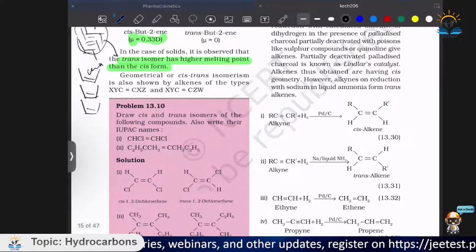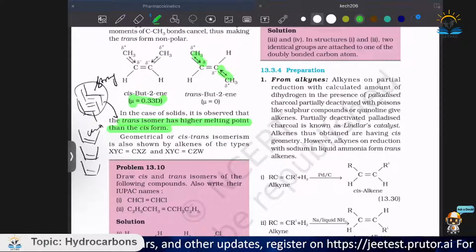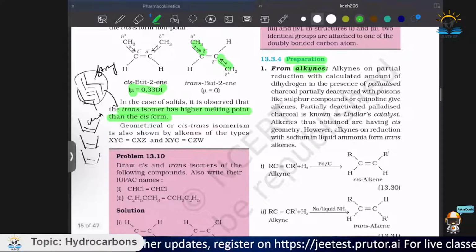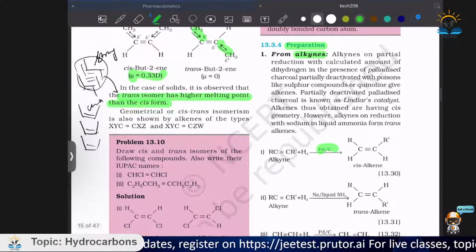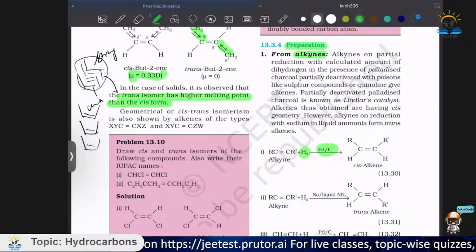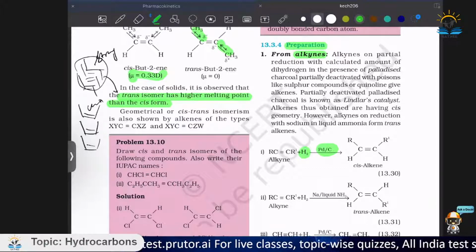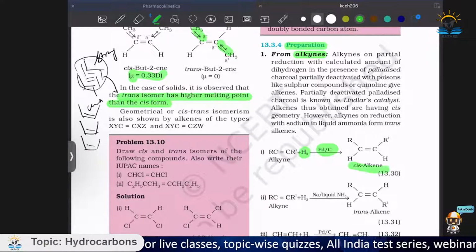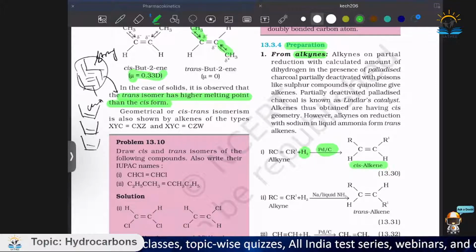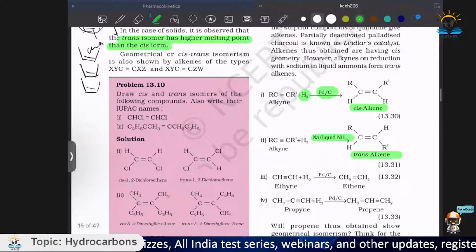Then they'll ask you to determine how alkenes are prepared. From alkynes, how do you prepare alkenes? Heat them with hydrogen gas in the presence of palladium and carbon. You will get a cis alkene if you heat them with palladium and carbon. If you heat them in liquid ammonia and sodium, you will get a trans alkene. The catalysts are,